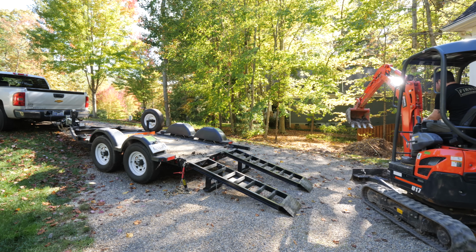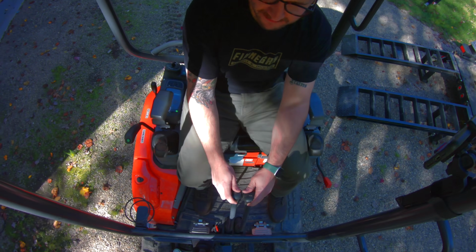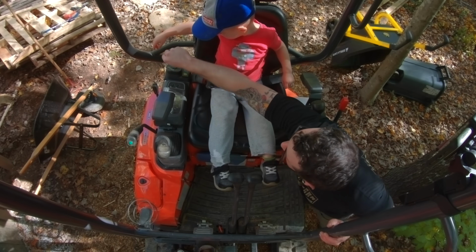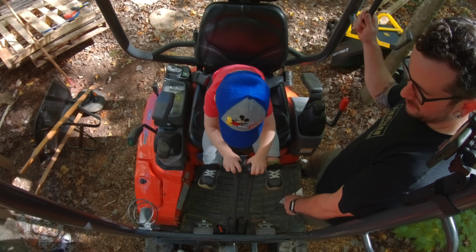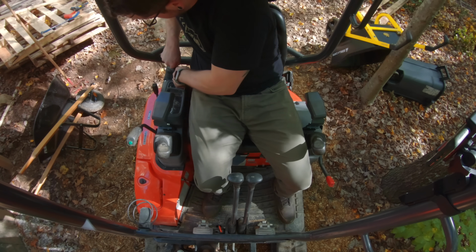After getting it unloaded, I could drive the excavator back to the site, making a pit stop along the way to let little man sit in the driver's seat. Blade. Drive it. Once I hopped back in though, I could not for the life of me get the excavator to